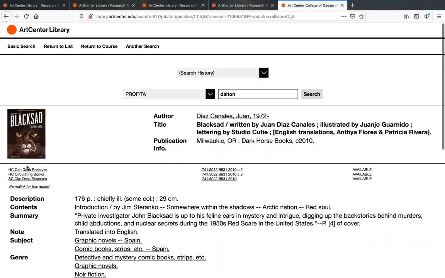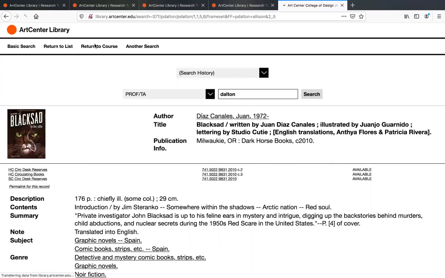And so this is for a class. Then the middle one here is a circulating book. That means this one's available for students, faculty members, or staff members to check out and borrow. So just make sure that you're aware of that when you're looking at these items, and that you're looking to see where they're going to be held, whether it be at Hillside or at South Campus. You'll see the call number here as well.